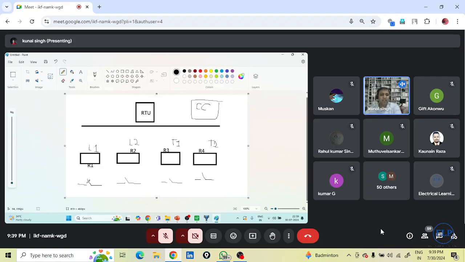So how did we do it earlier? We used to wire it into the relay in the legacy protocol. Now this relay is located where? Again, in my control and protection room. This is the C&P room. And these switches are where? In my switch yard. So this is my switch yard. Now the distance from the control room to the switch yard may be, suppose, 200 meters. So you are wiring this status from the field to the relay